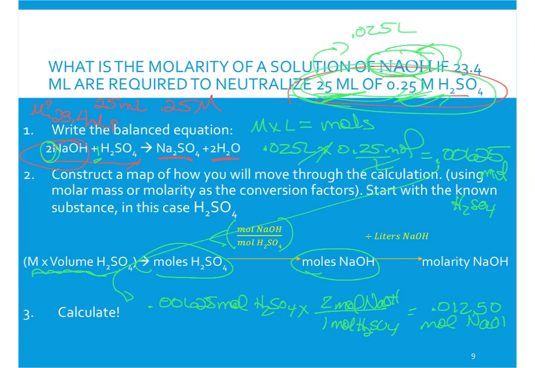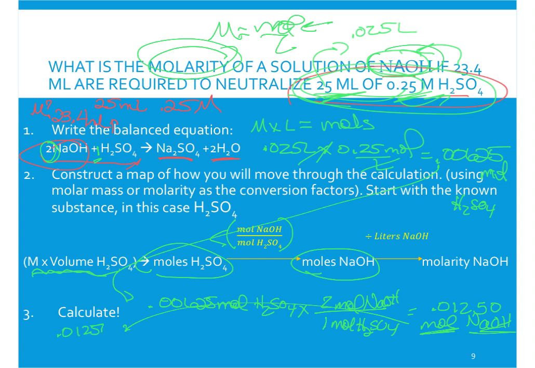Now the problem is we're at NaOH, which is great. The problem is asking us now for molarity of NaOH, and all we have so far are moles. So now ask yourself, how do you get from moles to molarity? Okay, so molarity is moles over liter. So if I have moles, I just need to divide it by liters. So if we go down here and I take 0.0125 moles, divide it by how many liters I have of NaOH, and go back to the problem,